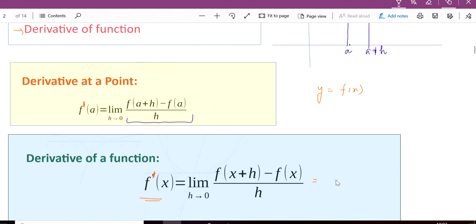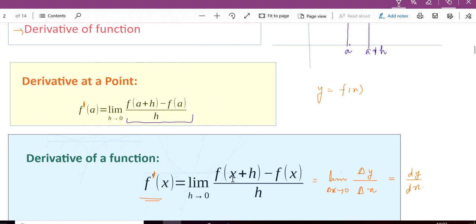The other way to write it is that the numerator is the change in y, which you can clearly see, so let's write it as delta y. The denominator is the change in x, so let's write it as delta x. And then you want the limit as h goes to 0. What is h? h is the change in x, so you want your delta x to go to 0. This we also write as dy by dx. So these are the basic things about the derivative of a function.